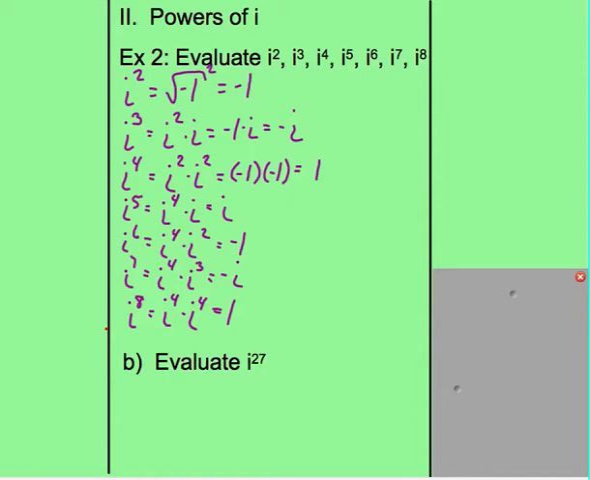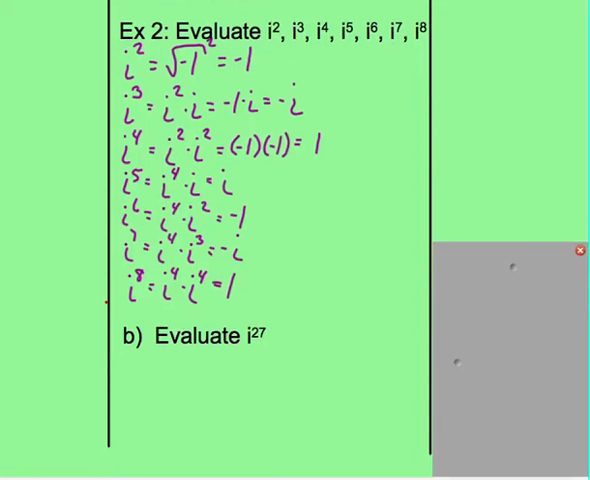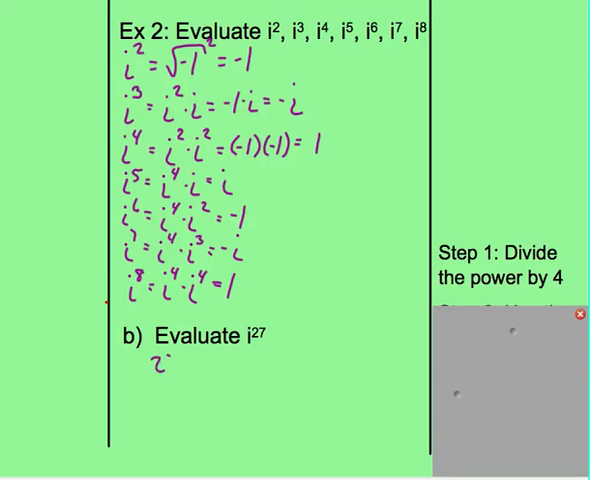So to evaluate something on part B, like i to the 27th, you basically need to divide the power by 4 and figure out the remainder. As long as you have i squared, i cubed, and i to the fourth memorized, that remainder will give you your simplified answer. So as I mentioned, we're going to take 27 and divide by 4,